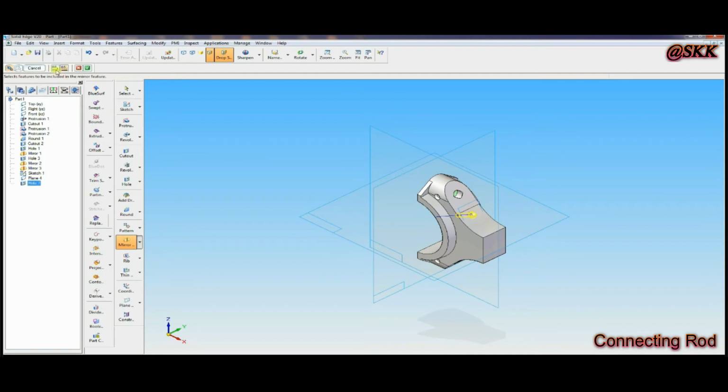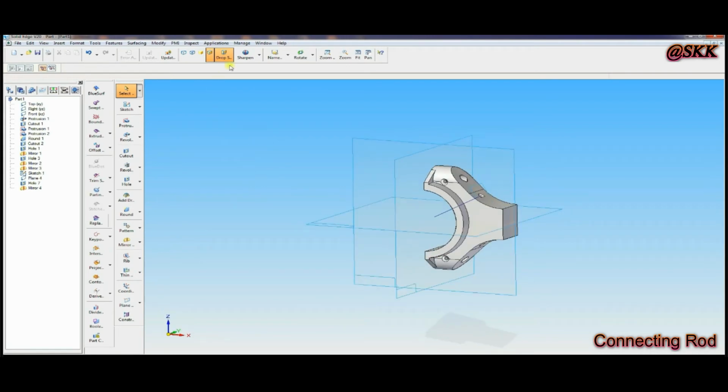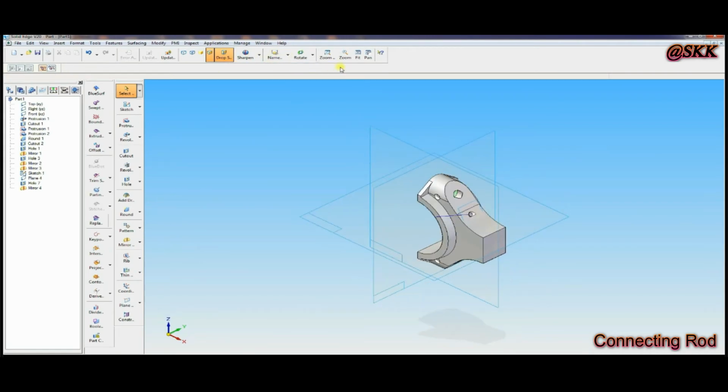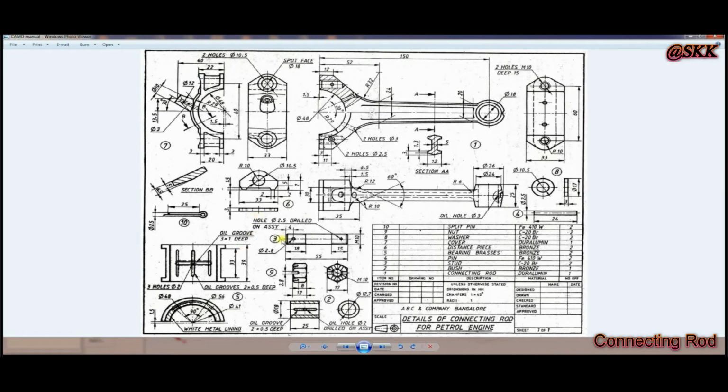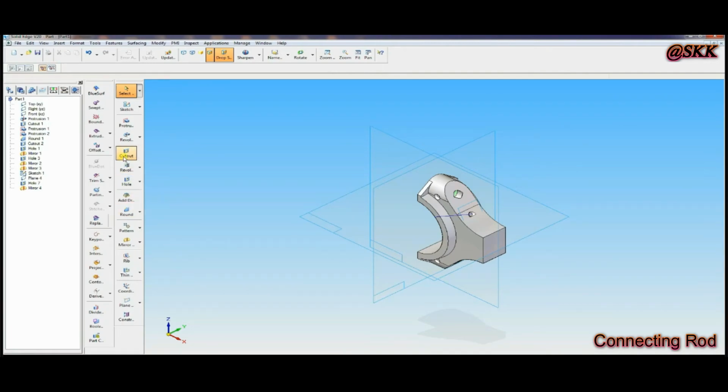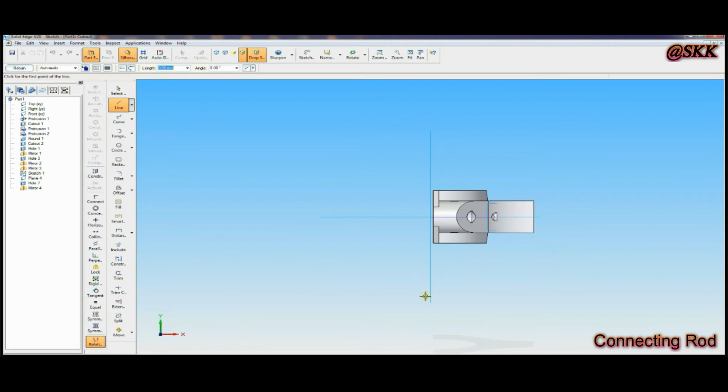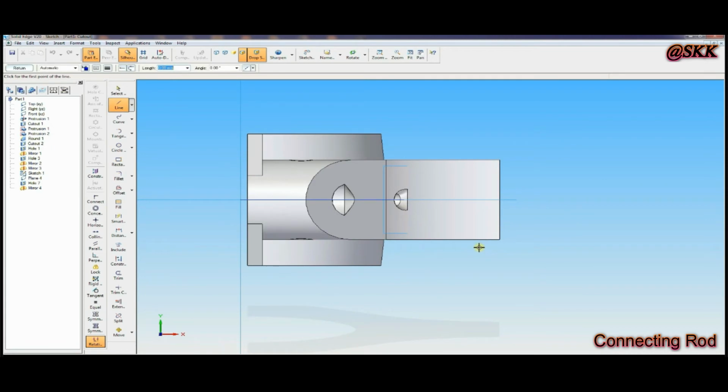Then go to mirror, smart, right mark, then select the plane. Now you can see that the inclined hole is mirrored to the other side of the plane. Now next, go to that small curve portion, the R10 surface, angle 30, angle 60, half of that is 30. Go to cutout, select top view, go to line, zoom in, and draw the desired profile, a simple line at any length, with an angle of 30 degrees.